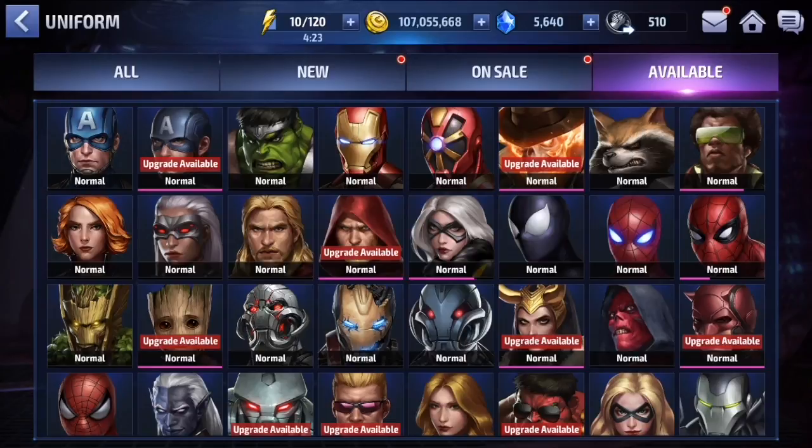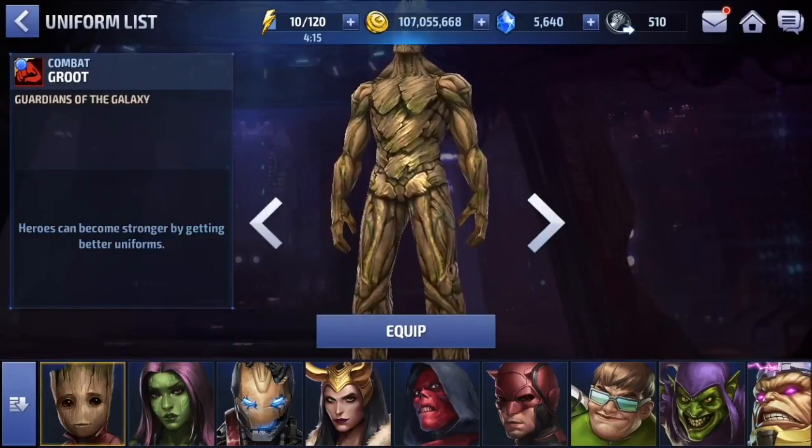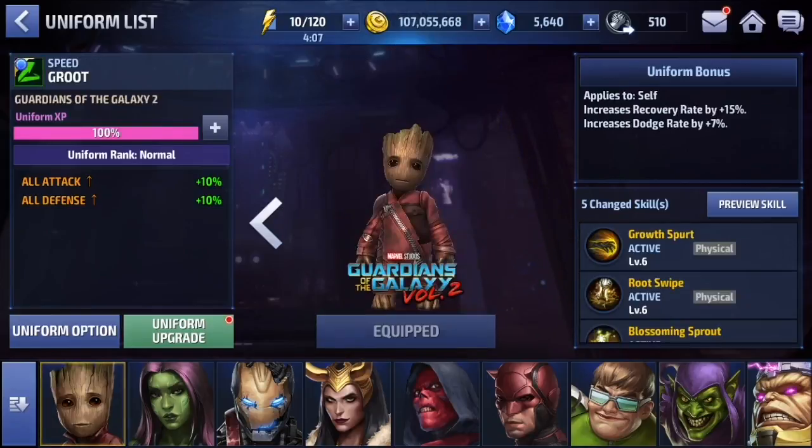Now I'm going to skip everything here, and I'm going to go ahead to talking about Baby Groot. Baby Groot with this uniform, actually Groot with this uniform, this is Groot's best uniform, guys. The universal one is pretty decent because it makes him universal, so he has no weaknesses, and it gives him immunity to lightning. That's cool, but this one right here is his best uniform in the game because it takes a character like Groot that has really good survivability, makes him even better by giving him iframes, and it gives